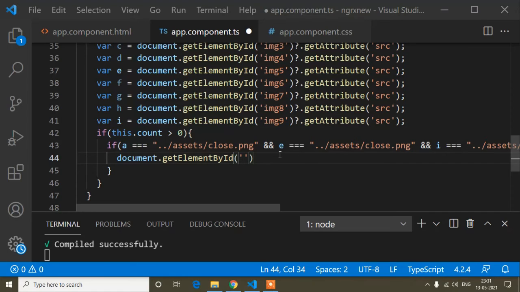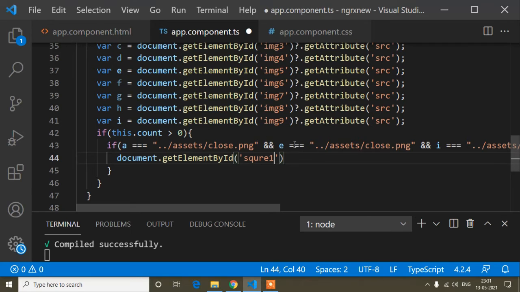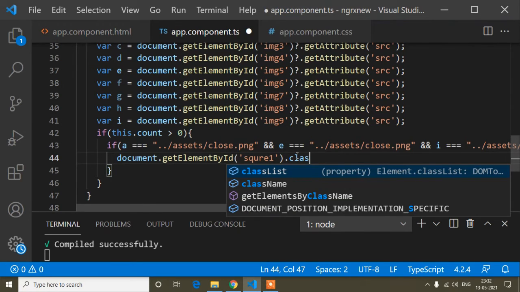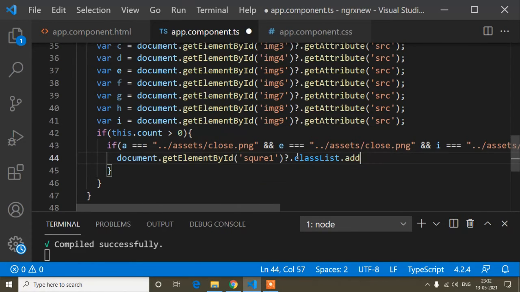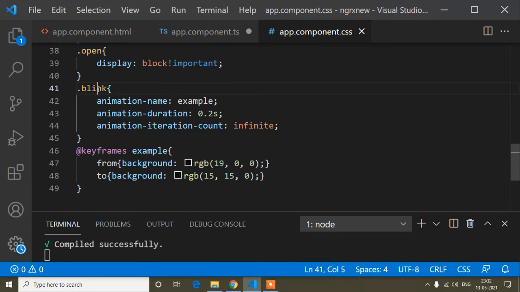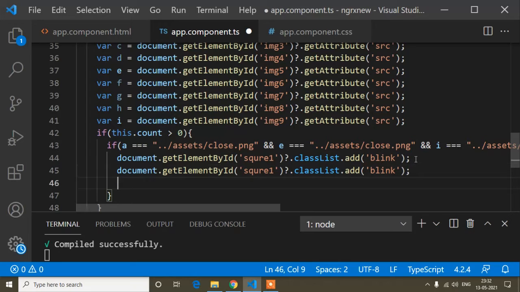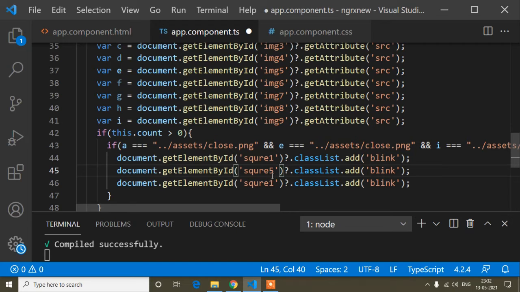So once I copy this square 1 ID, and paste, dot classList dot add, and here I will add this blink class here. So square 1, square 2, square 5 and square 9.